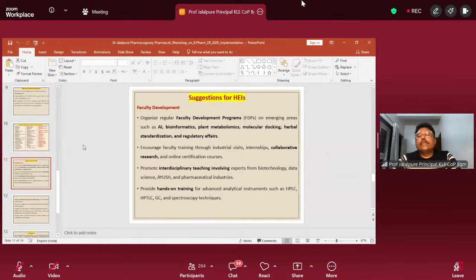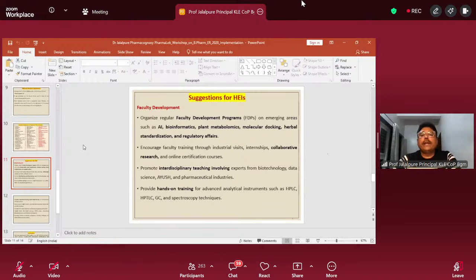So there are some suggestions to the institute for faculty development, for the effective implementation of this syllabus: organize regular faculty development programs in the institute on emerging areas such as AI, bioinformatics, plant metabolomics, molecular docking, herbal standardization and regulatory affairs, and encourage faculty training through industrial visits, internships, collaborative research, and online certification courses to empower our faculty members, so that we can increase their teaching horizon, so that they can teach students